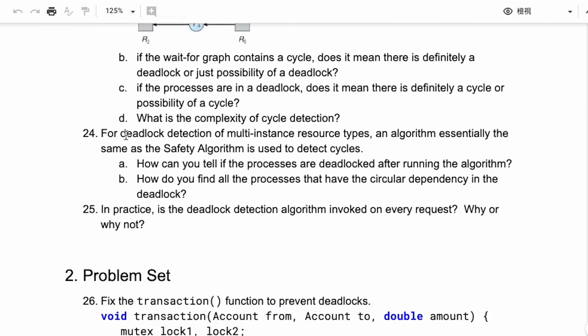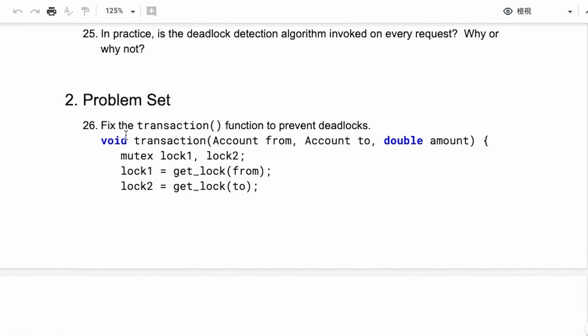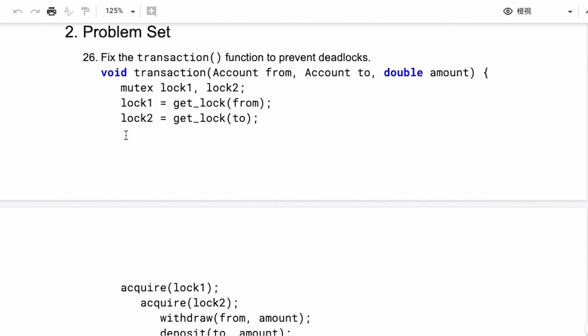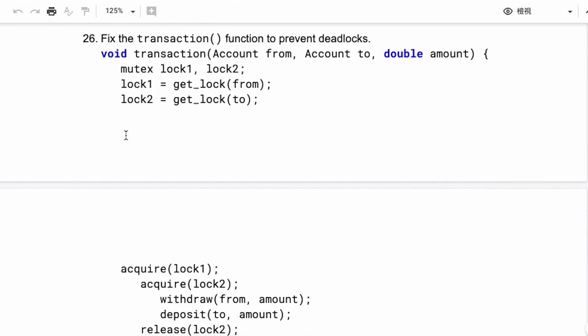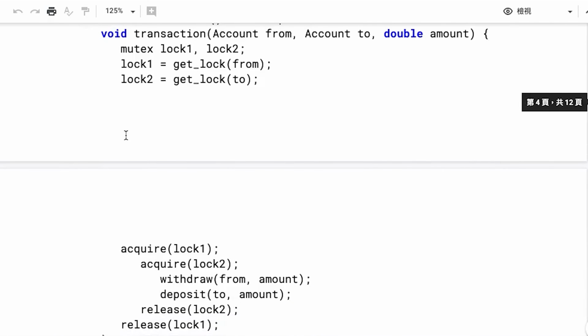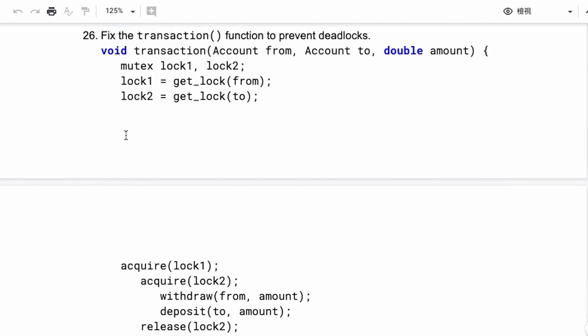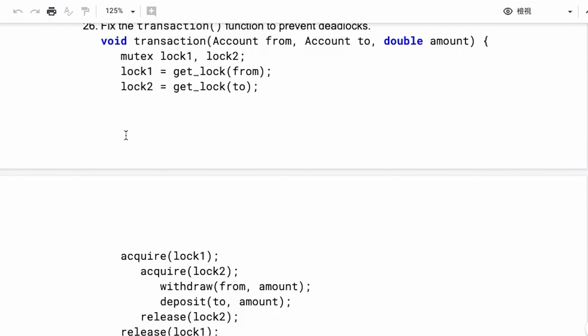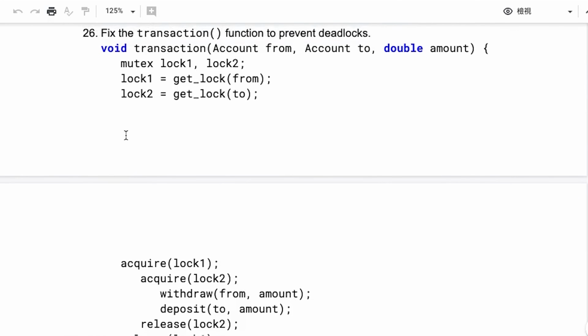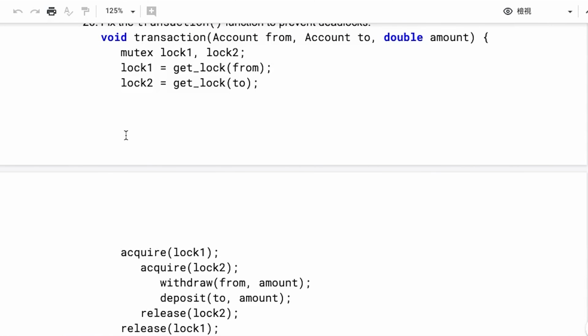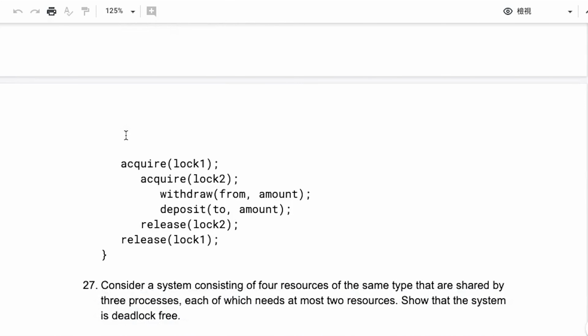Okay, and there's the problem set. This is a little longer, but not much more difficult. We've seen this, right? For the case of transactions, how do you take the same code, run multiple instances, but make sure no deadlock happens? In this case, you can figure out one of the 4 necessary conditions to break, and this happens to be the 4th one.